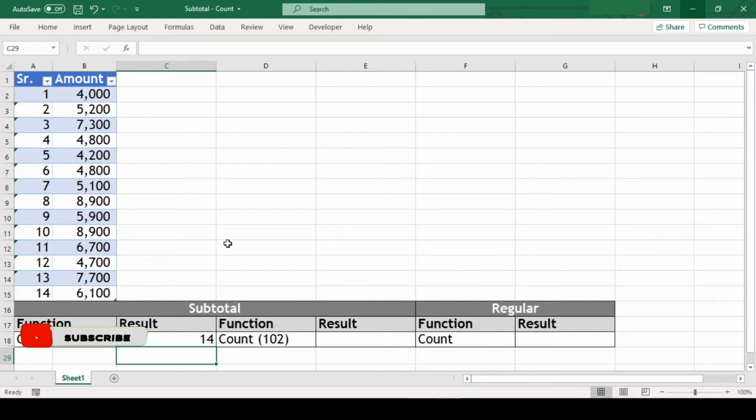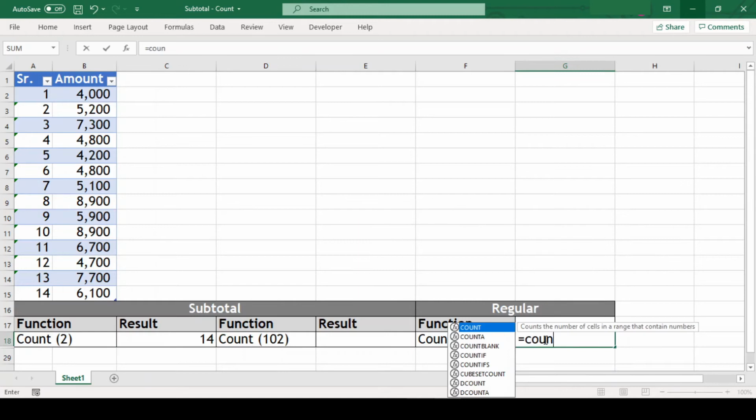Now the question is how subtotal count function is different from regular count function. To understand this, let us get count of the same range with regular count function here. Equal to count open parenthesis B2 till B15 close parenthesis, and our result is same with both the functions.